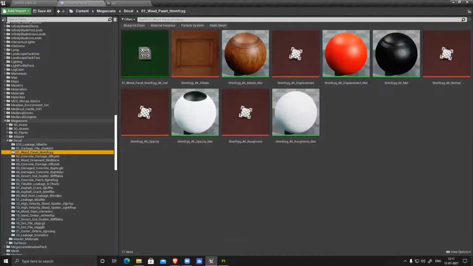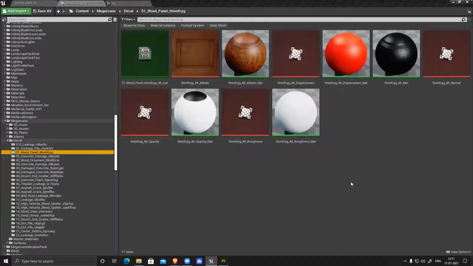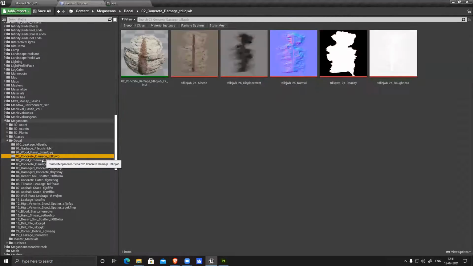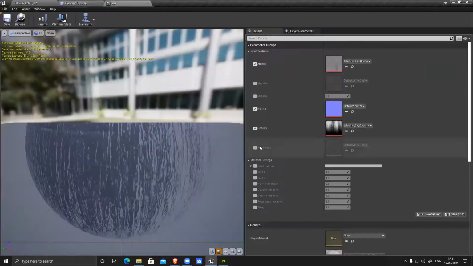So let's see. Here I can see I have all these textures. I have albedo, I have a normal, I have an alpha, and a roughness. I switch on that also.